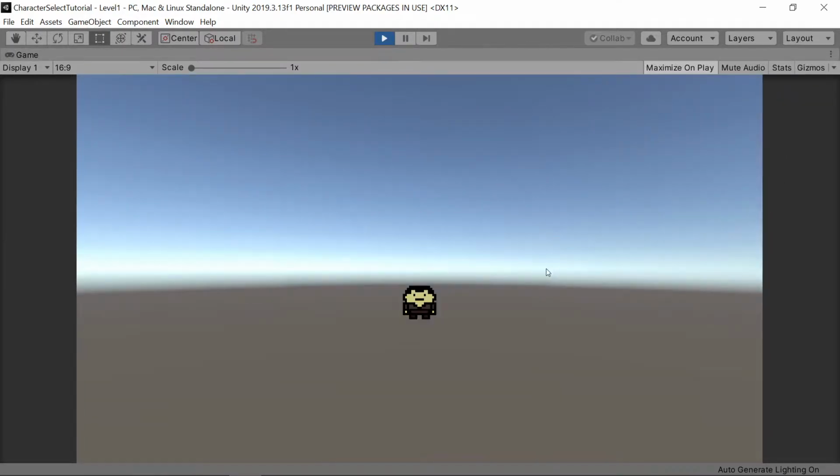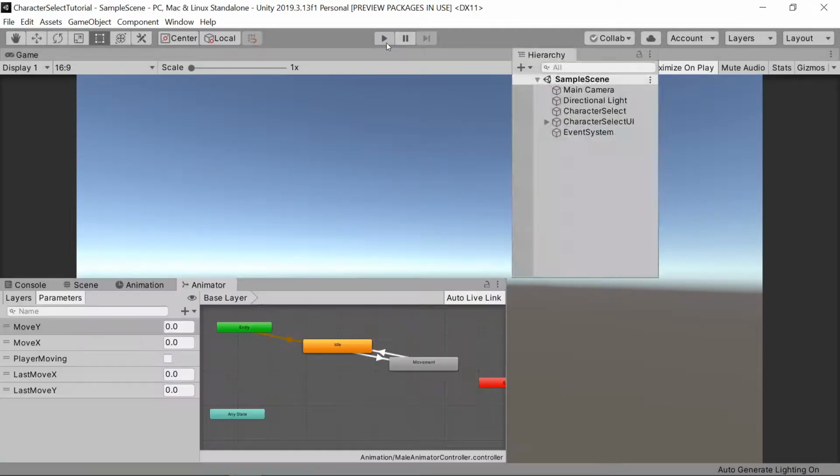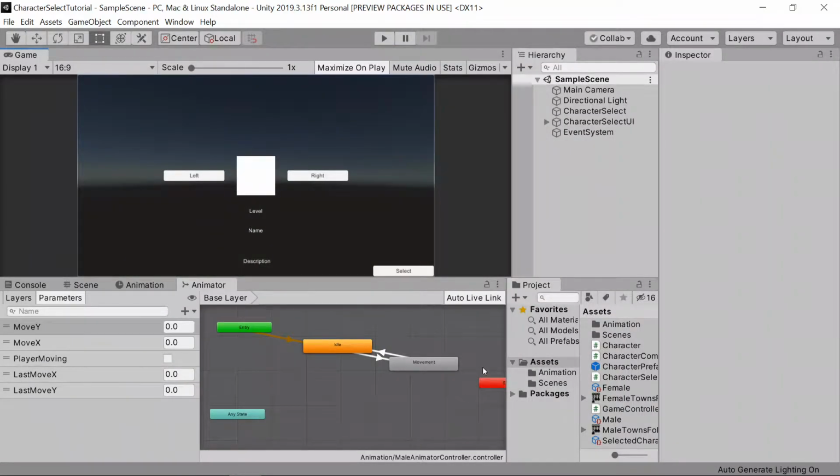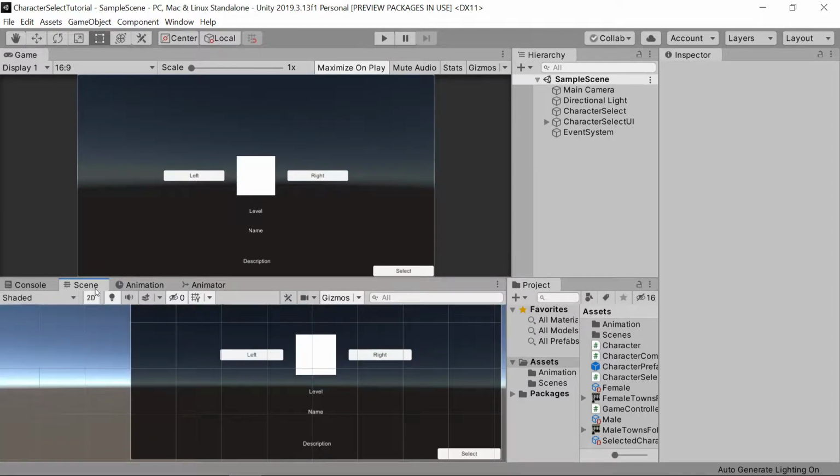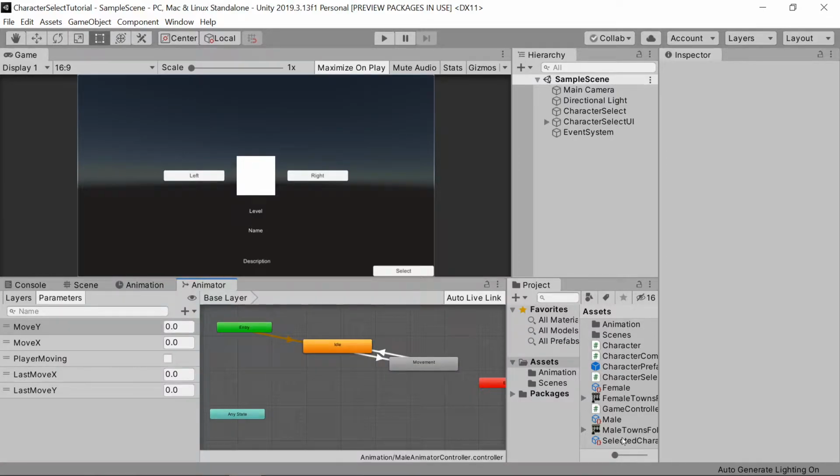We'll go ahead and select him, so if we walk up and let go, he faces up. Walk down, faces down, walk left, stops left, walks right, stops right. Awesome. So now what we're going to do is go ahead and do all this same behavior for our female character. If you'd like to add new characters in here, different sprites, you'll be able to just do what I'm getting ready to show you by using something called an